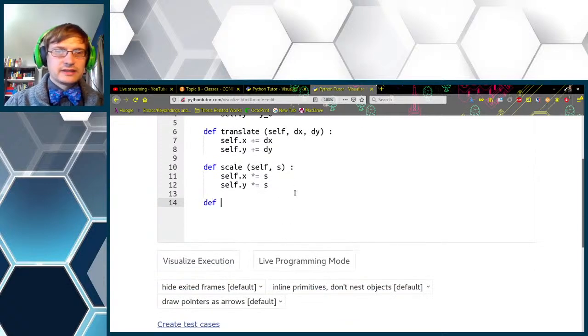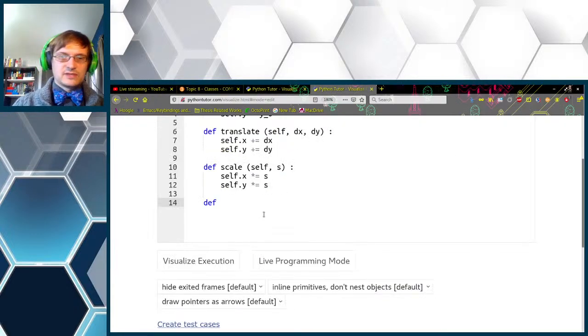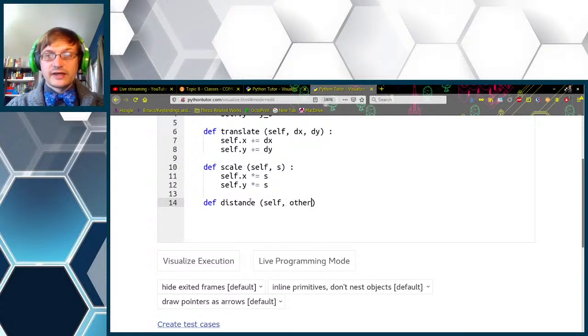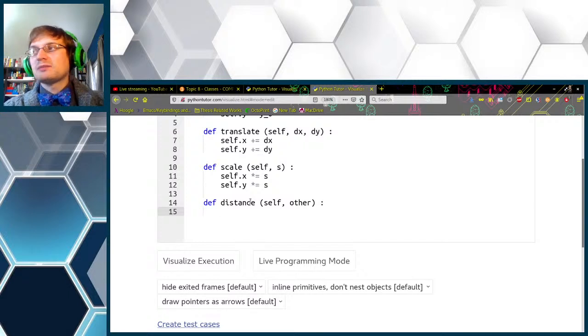And let's do an interesting one. So let's do distance. It will take self, and it will take other. So this is another convention. Because everything in Python is dynamically typed, of course, the same thing applies with the arguments to methods that applies to the arguments of functions.